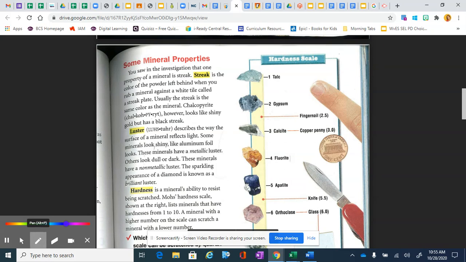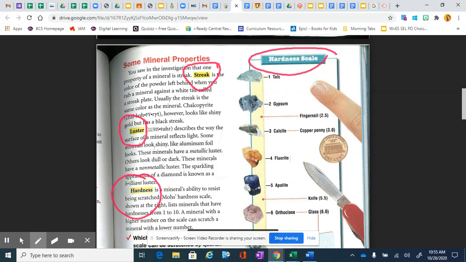As you read on your own now, you need to take special notice of the words streak, luster, and hardness. What do each of those mean? You will also notice that there's a hardness scale here. This hardness scale is called Mohs hardness scale. And what it means is